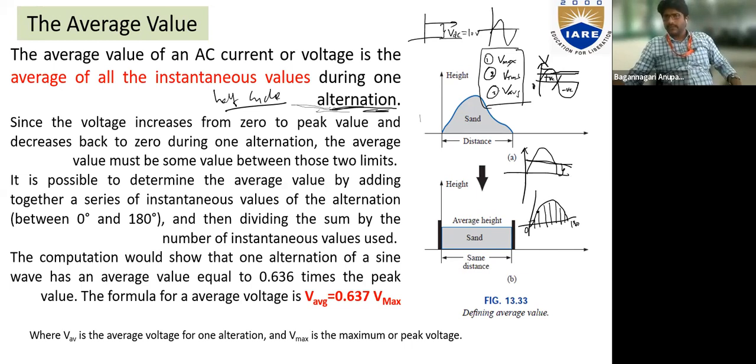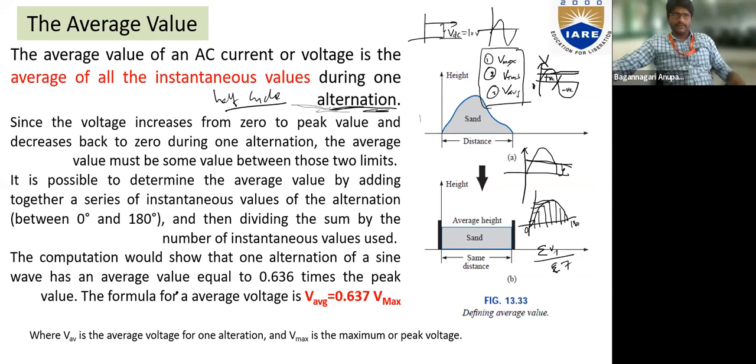The value of voltage, or the value of the quantity, at these particular instants, I can take them and do an average for these, right? The sum of all these values divided by the number of values, that is, the number of instants we are taking, which is 7. So divide by this value and get the average, right?